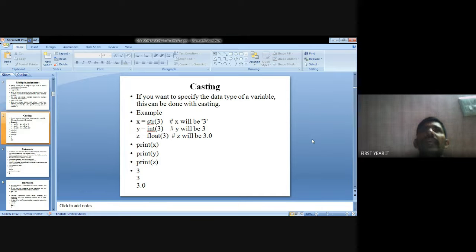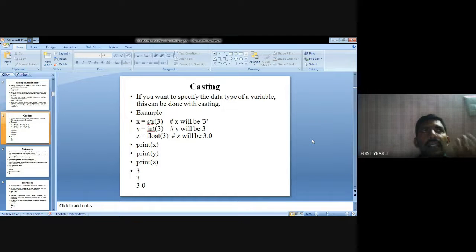A string can hold numerical values, decimal values, integer values, and character values; all of these are called string. So 3 is a character.